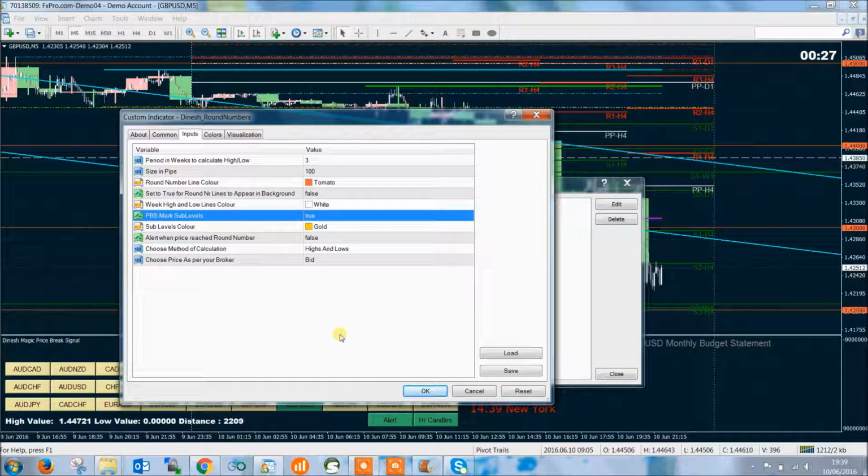This indicator categorically contains the pairs and differentiates the round numbers and sublevels, and identifies the sublevel of the round number based upon the research of the Price Break Signal strategy core team. So we decided to go ahead with the sublevels, and it is calculated, and it is unique and specific to a particular currency pair. You need to set this to true. Make sure that you set it to true for understanding of the Price Break Signal round numbers indicator, and it is very helpful. The remaining parameters can be easily understood in my channel. You can go through the video of that indicator to understand what this indicator does.